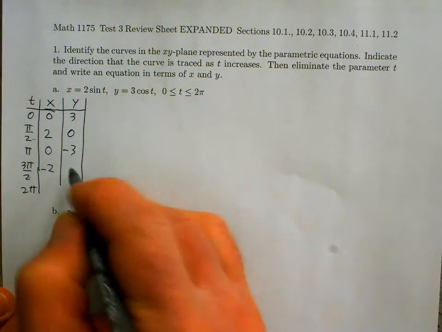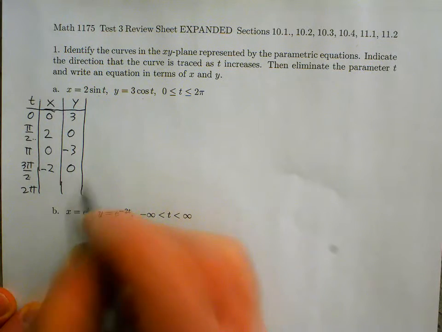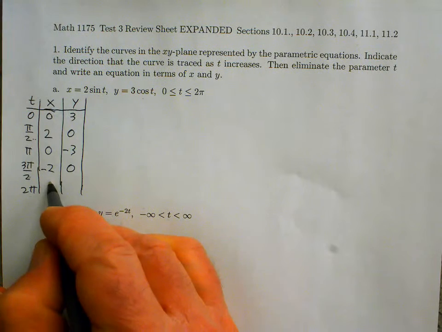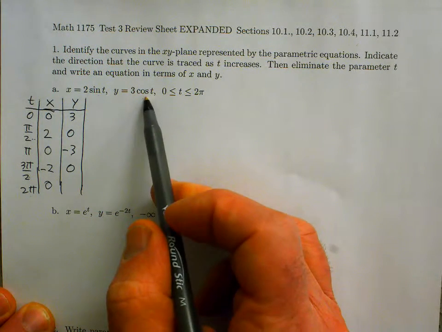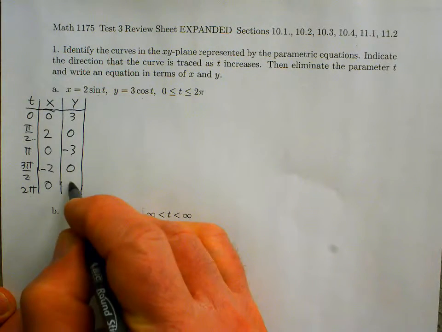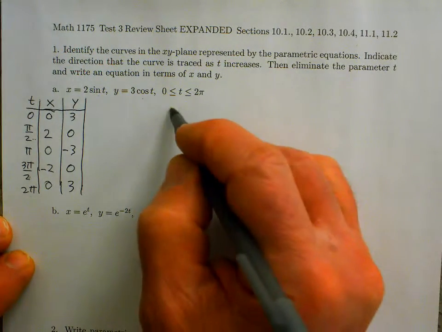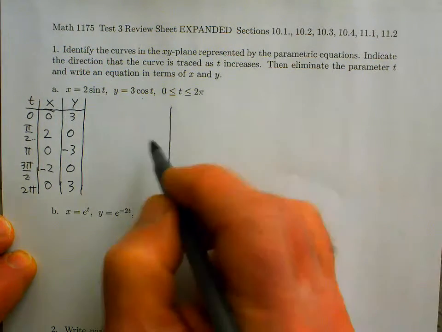Cosine of 3 pi over 2 is 0, so 0 for y. Then when t is 2 pi, sine of 2 pi is 0. The x-coordinate is 0. Cosine of 2 pi is 1, so 3 times 1 is 3. Then if we plot those points in the xy plane,